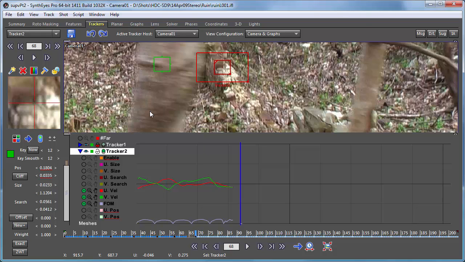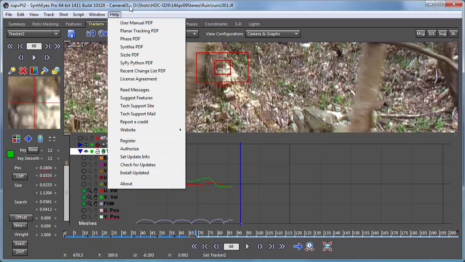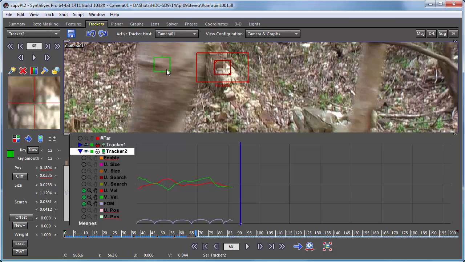So if the feature's been really missing for quite some time, rather than trying to drag across the countryside to get to the right location, you can just use that Z drop feature and place the tracker right exactly where you want it in the first place. And I'll point out there's a mode to basically lock the Z key on, so that you don't have to be holding the Z key down a whole lot. And that's especially good sometimes if you're handling surveyed